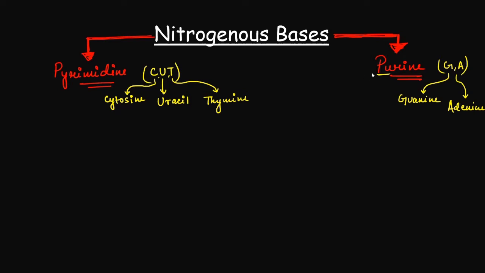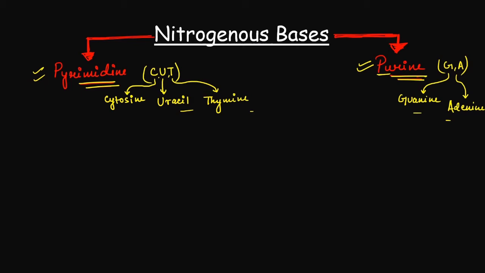There are total 5 bases, and in order to remember all their structure, we generally get confused. Especially it is difficult for those who find it very hard to draw the chemical structures and to remember them. So today we will learn some layman way to understand this structure and to remember them for a longer period of time. Now, in order to learn all these 5 structures, first we need to learn the structure of its parent compound, that is pyrimidine and purine. So first we will learn about these 2 parent compounds, and then we will go to the nitrogenous bases.